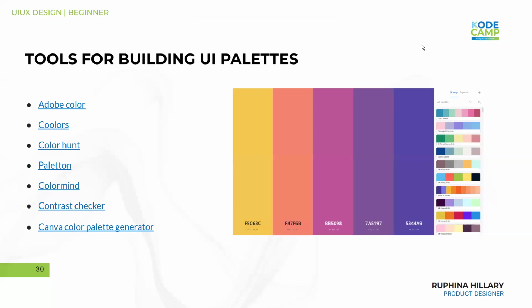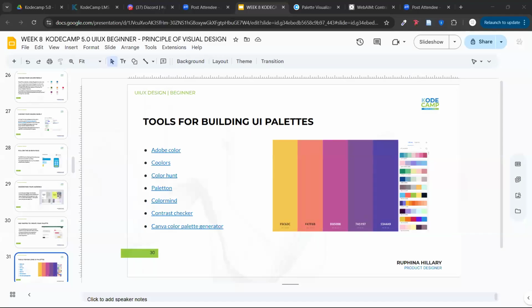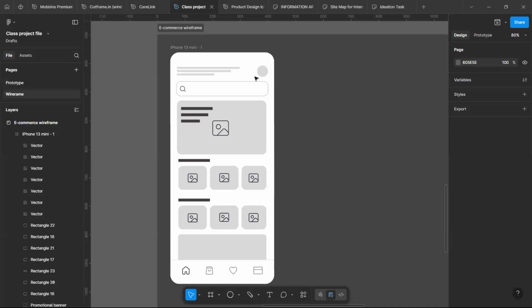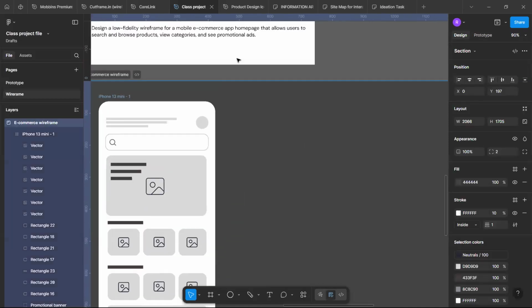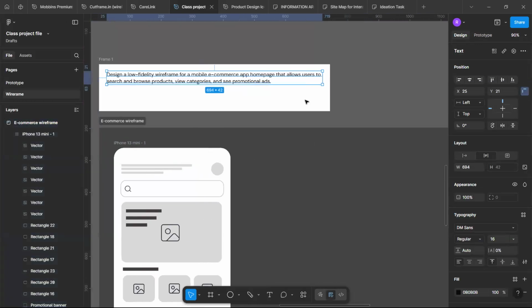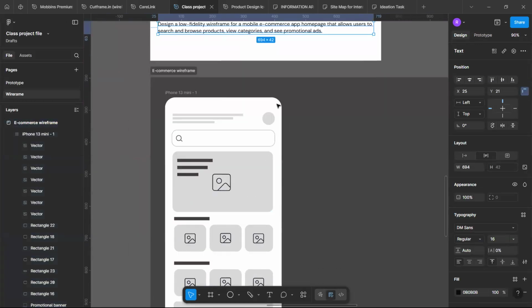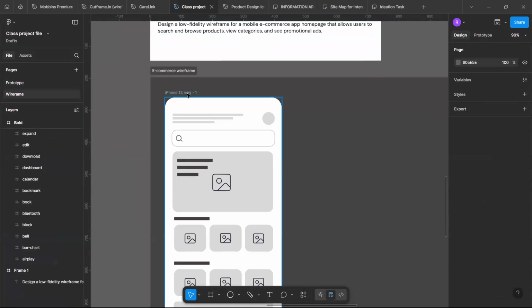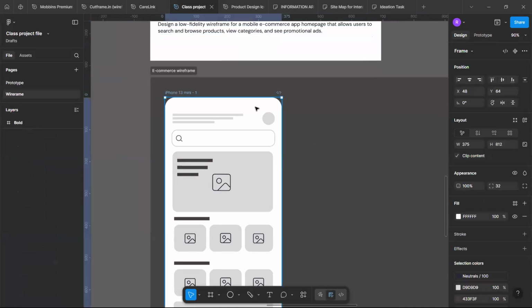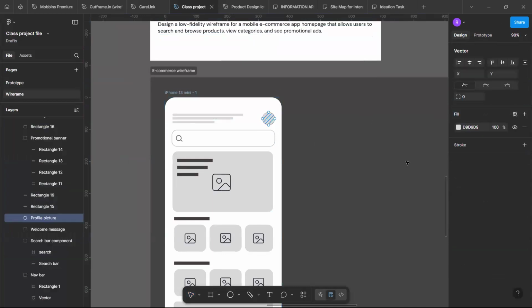We also have our color in Figma paletting. Let me quickly show that. Okay, so now this is Figma. This is the wireframe we created. We are going to add colors to this subsequently, but now let's just look at how the color tool works